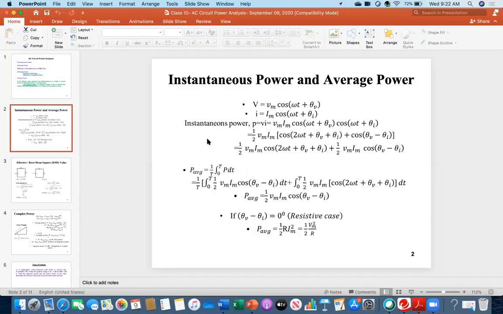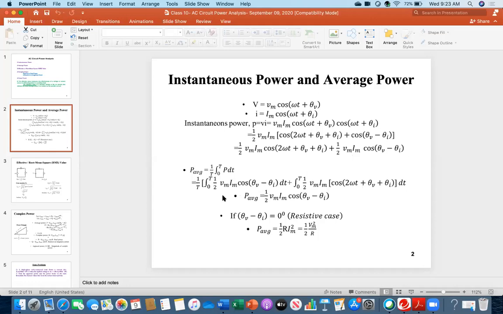Okay, so this is my instantaneous power. Then I am making the average power over a time period. Everybody see what I have written: average power is 1 over T, integration from 0 to T, p dt. This means that for a time period, I am integrating my instantaneous power and then dividing by that time period. So then you can say this is the mean value or the average value. Then move forward. This is my p value, this whole expression, and then substitute that value here.